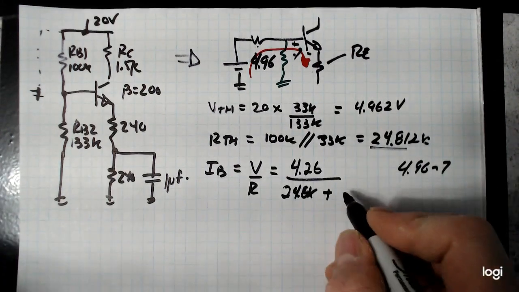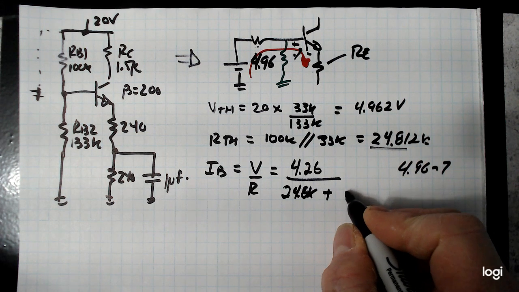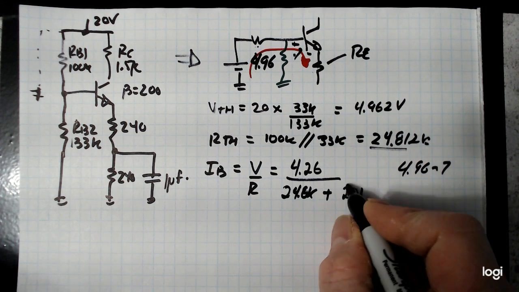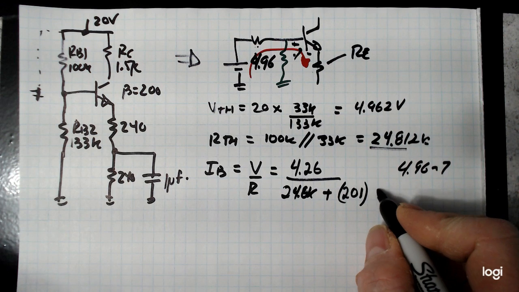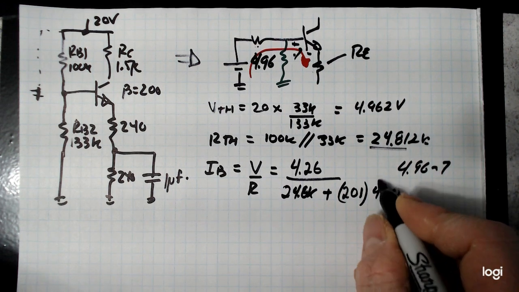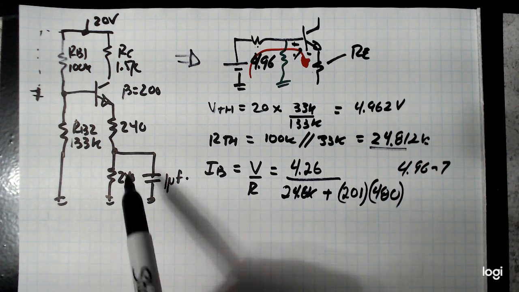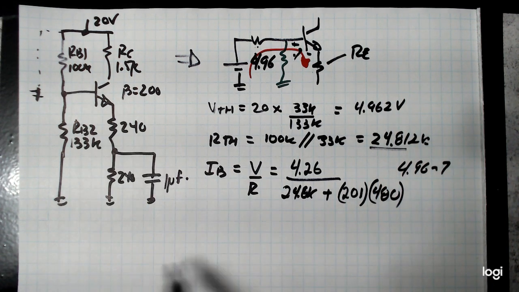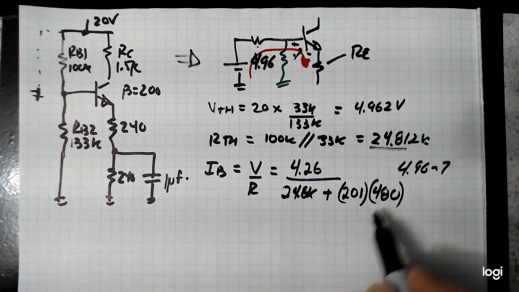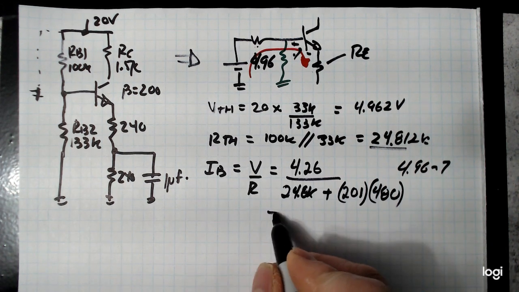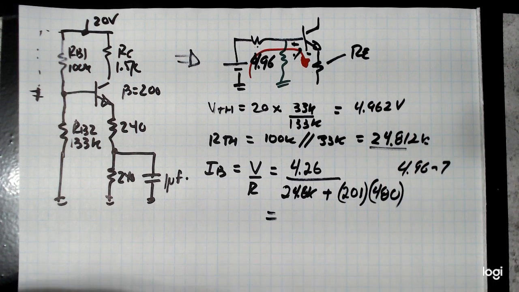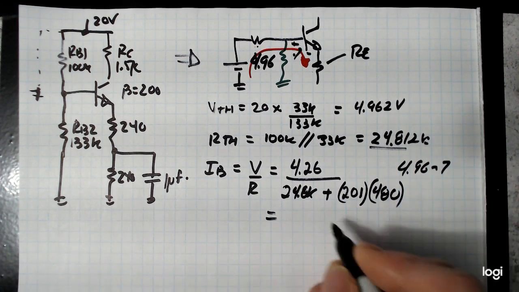So we need to multiply it by beta plus 1. 201 times 480 ohms. So basically we're going to move these guys over to the base side and multiply them by beta plus 1 to do that. Crunch, crunch, crunch. You end up with an IB of